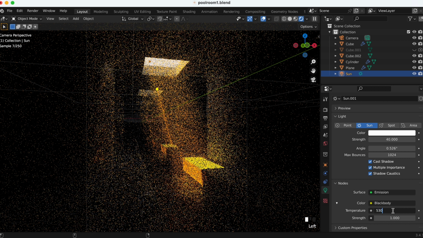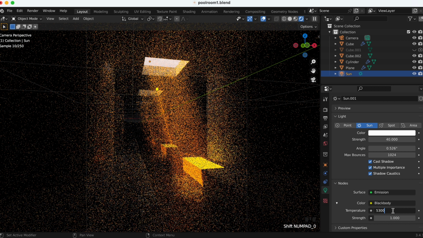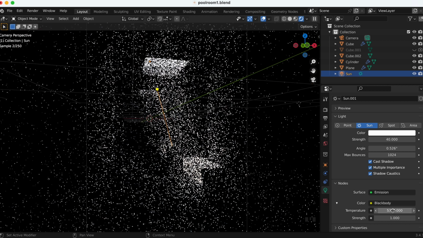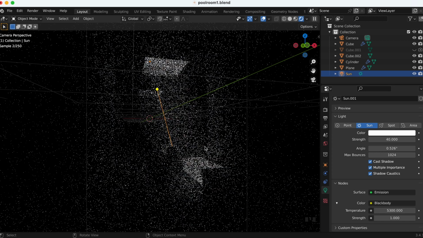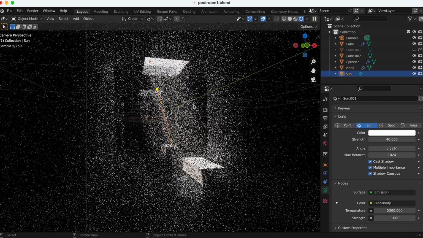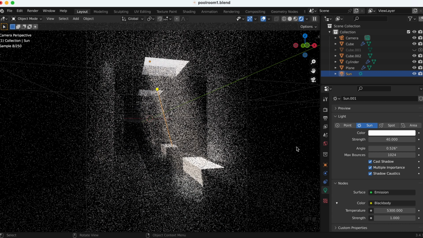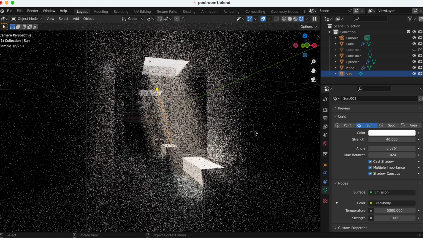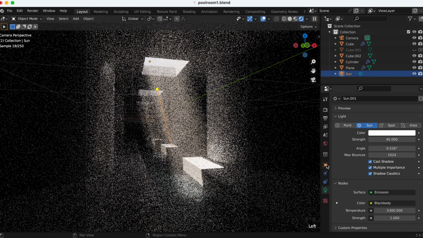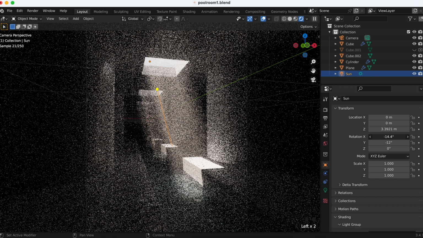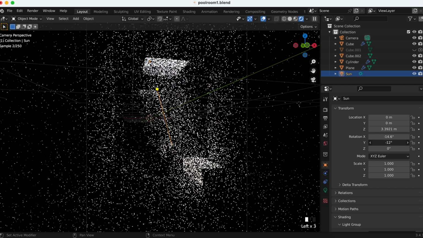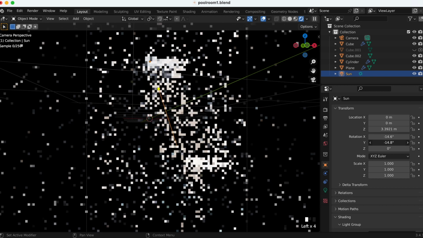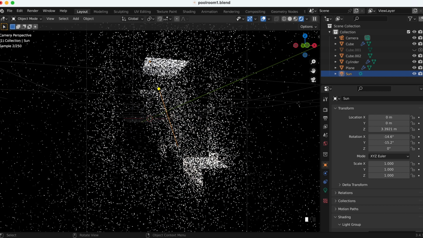So you can put, for example, 5300, and it's going to put a little yellow color that is very natural, and it's not just pure white, like this. So now my scene looks like this. I can rotate the sun a little bit more, for example, going on the column here and still in the water,